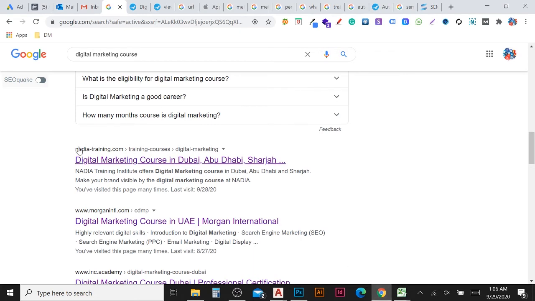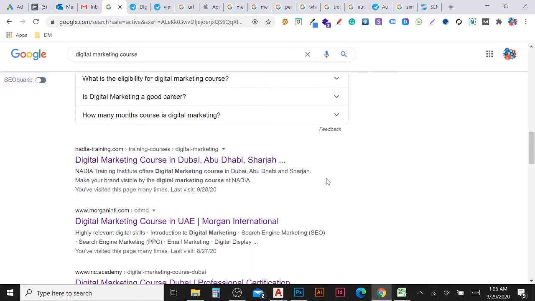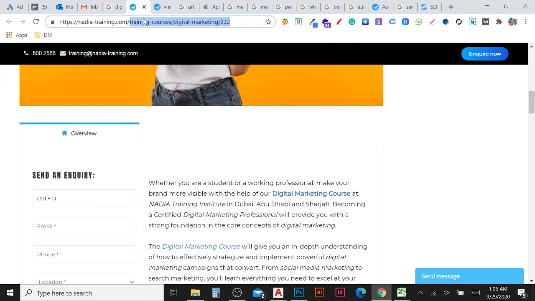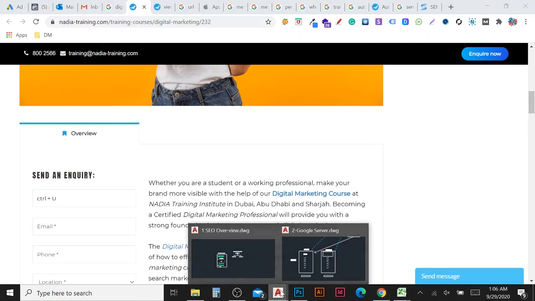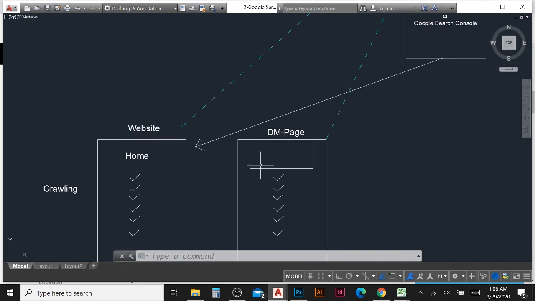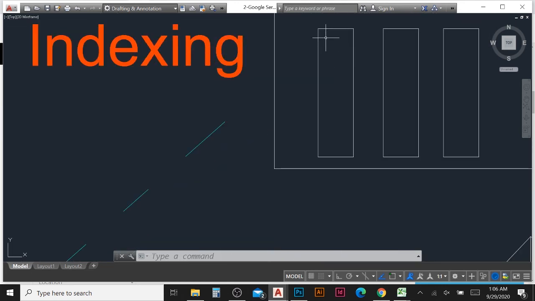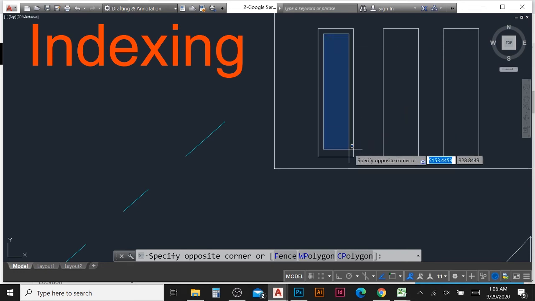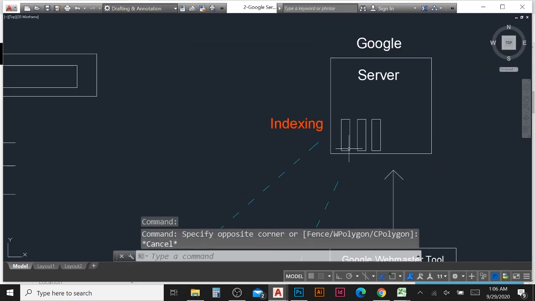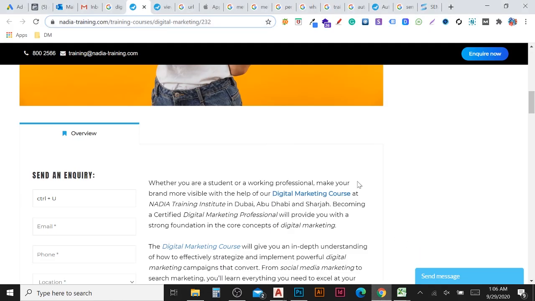Then once you create the meta title and description, just send to the programmer, web developer or programmer. What they will do, they will edit that page and they will add a meta title and description. So the Google robots, when they crawl the website, they will give a good plus point for your page, and they will put that your meta title and description and URL, it will be on the indexing part for that page. So it will work properly, you will get more result also.